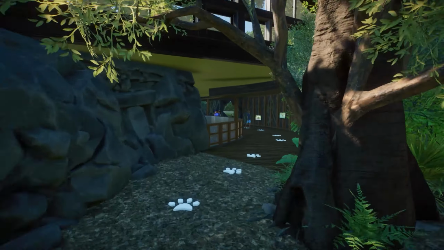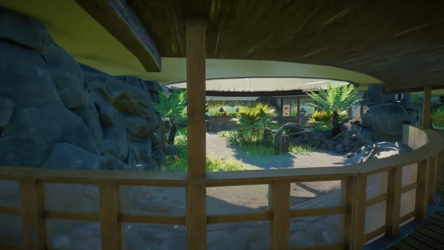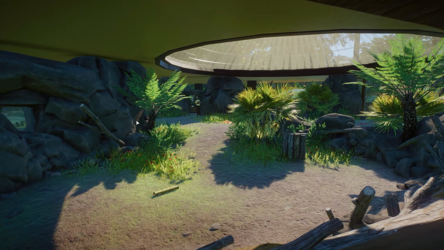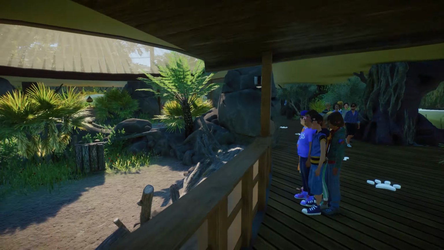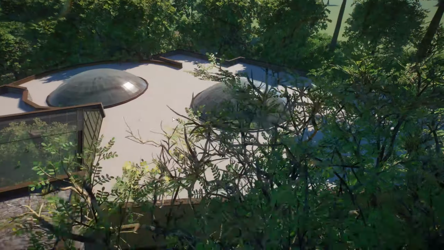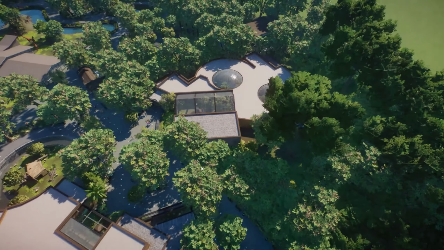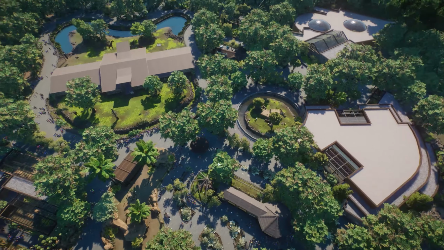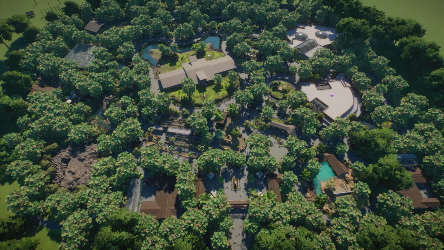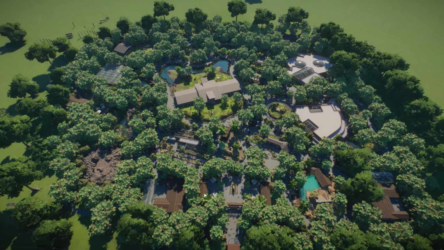It's just so exciting. This building I was so freaking proud of. It looks so cool with all the small little details and stuff. And well, the good news is you are pretty much able to do this on Planet Zoo Console. You might have to use a little tiny bit less pieces, but this is like the maximum of what you